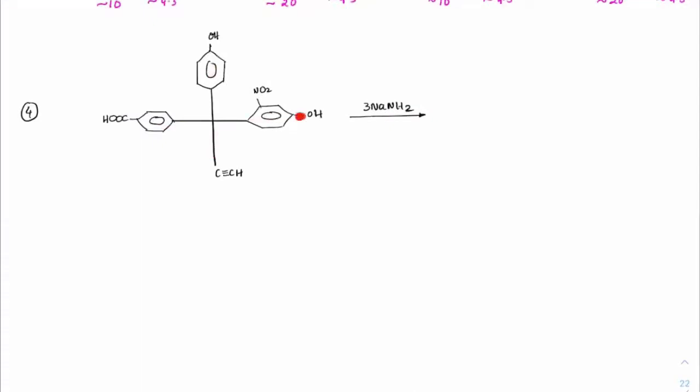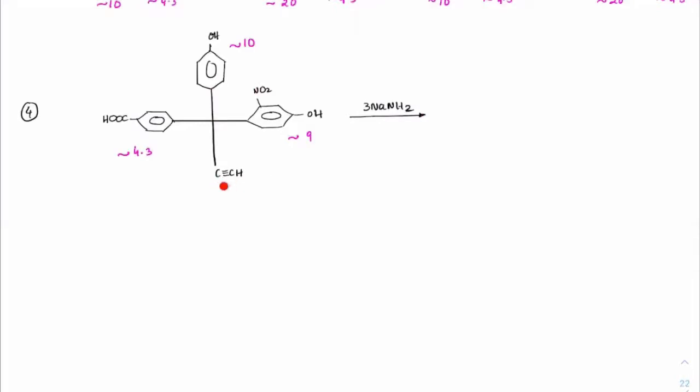This was also a JEE Advanced question. Now this is the molecule given and he said that 3 moles of NaNH2 is being reacted. What is the product? You can write the approximate pK values first. It is a benzoic acid. Benzoic acid is around 4.3. This is a phenolic case. It is around 10. This is also phenol with NO2 group which is pulling, so maybe slightly less than 10.